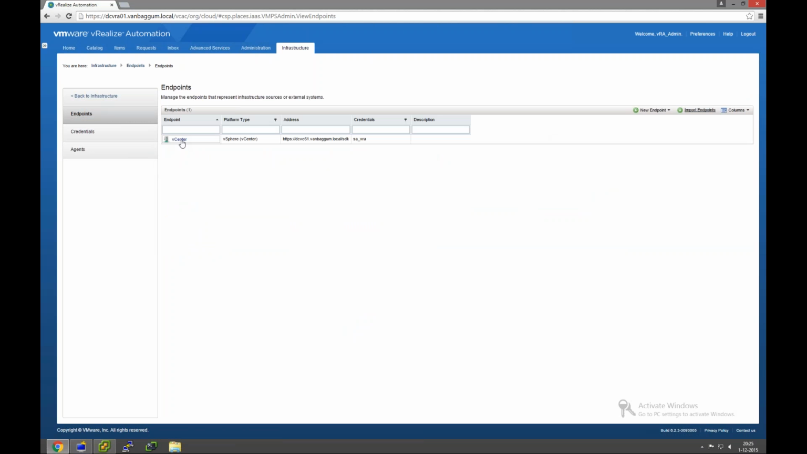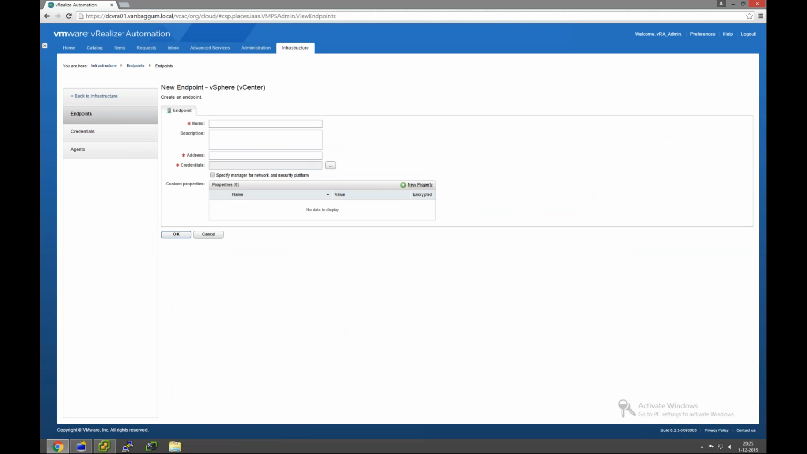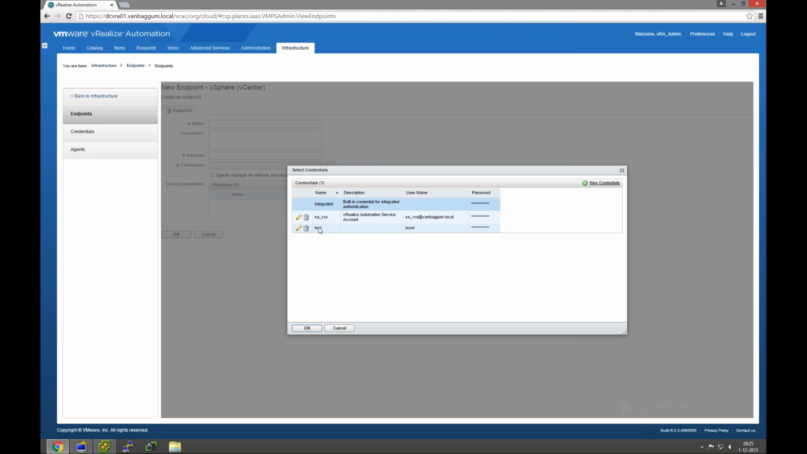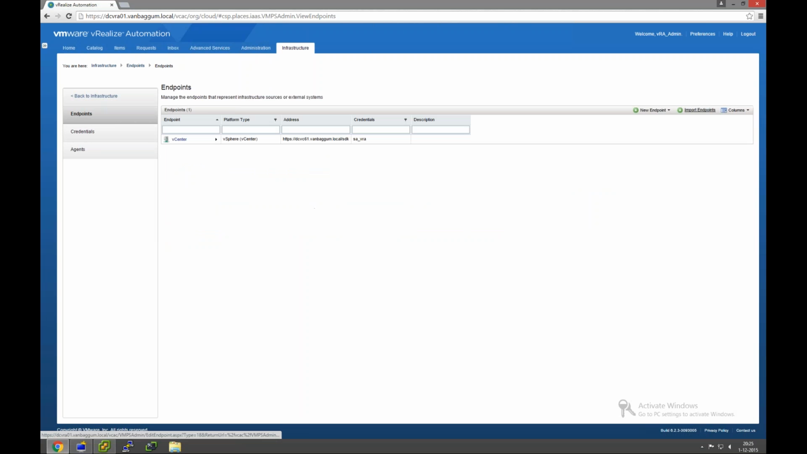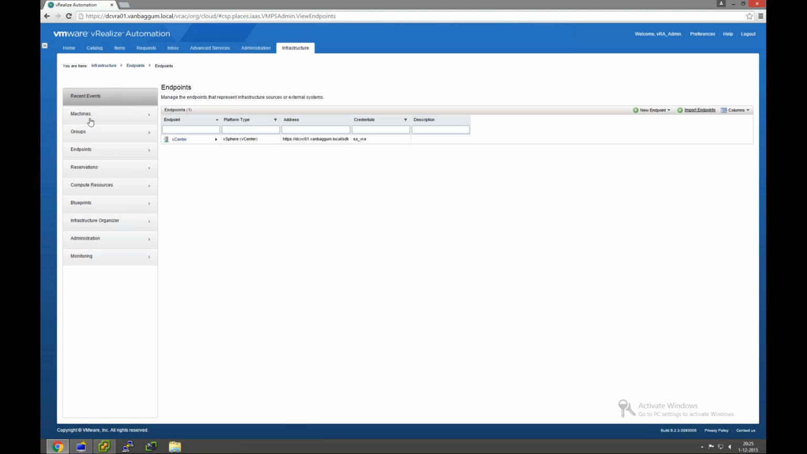And if you do anything, for example, create a new endpoint, vSphere, you click on Credentials, you can view the credentials that you just added through here. So it's easy to pre-populate all your credentials before you add the endpoint. So after you have added the endpoint, you go back to Groups, Fabric Groups,